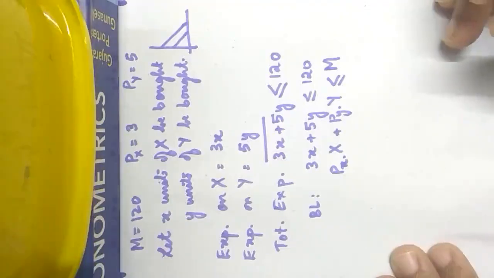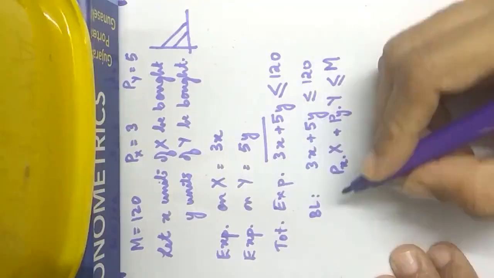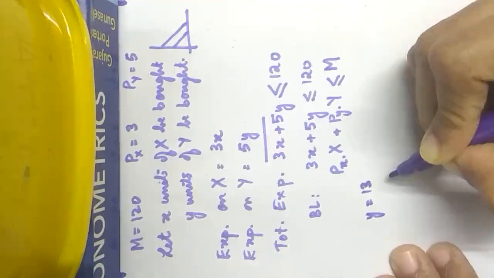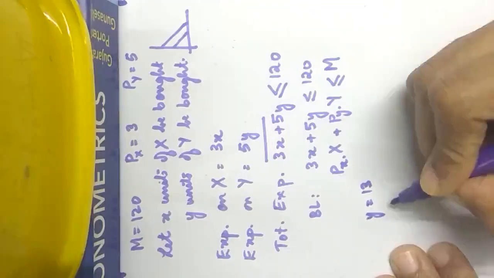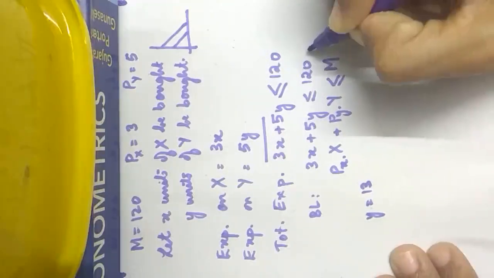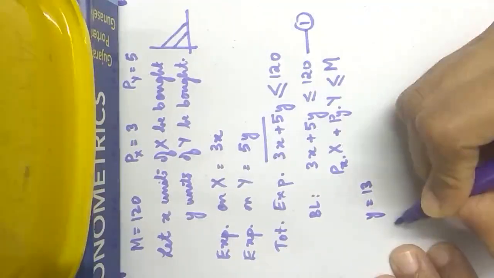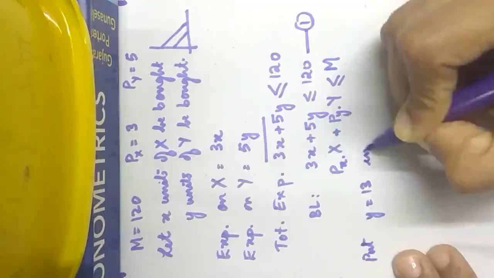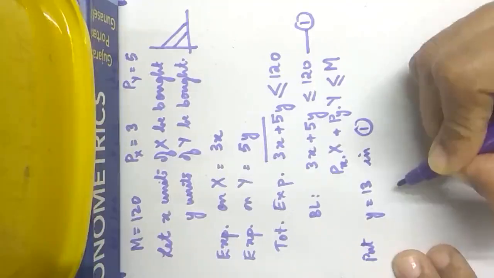The second bit tells us that the person's name is Ruchi over here. So the person purchases 13 units of Y. So we know that the value of Y is equal to 13. Putting this into our budget line, I'm putting Y equals 13 in equation 1. What I get is